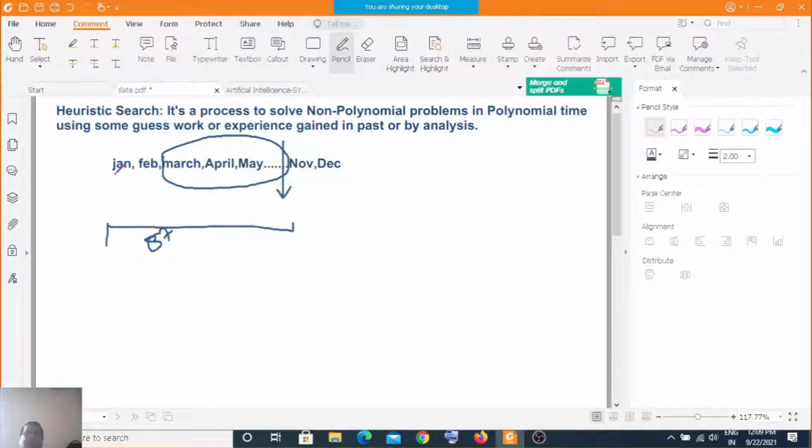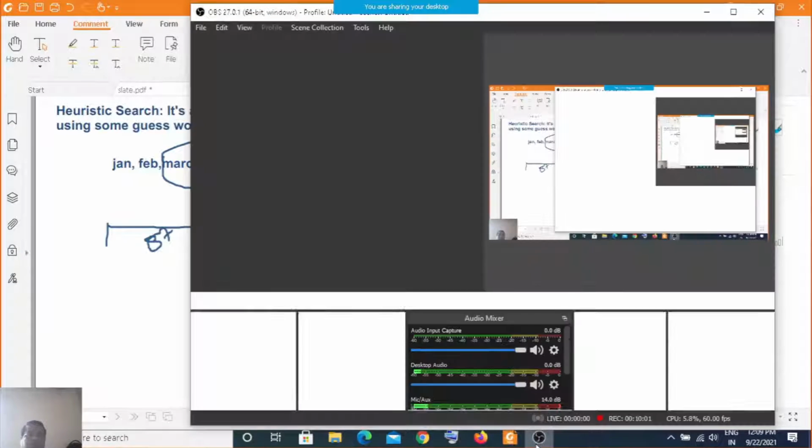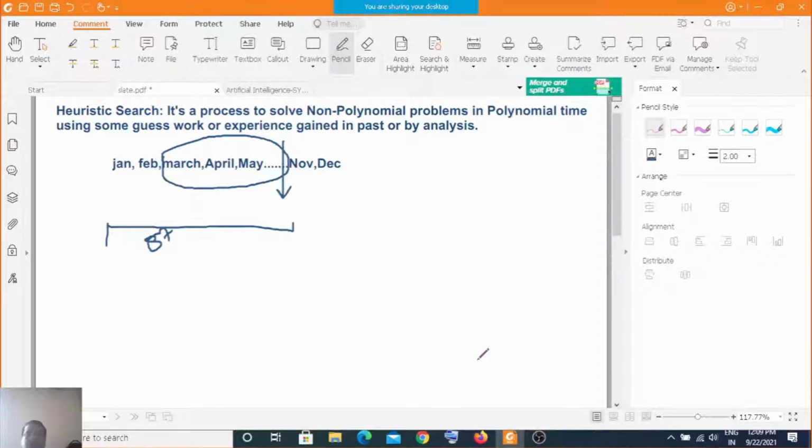So the simple thing is that when we say heuristic, that is something which is either based on our analysis or guess, meaning we try to average and find some solution, or it's just past knowledge. So many times the heuristic will give you a solution, but this solution may not be the optimal solution. Just like the solution that we get in some